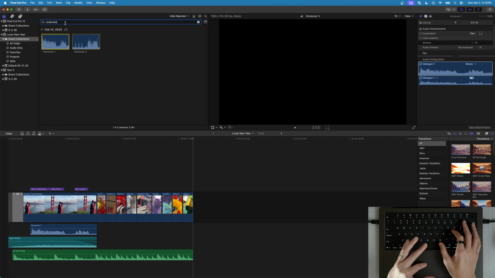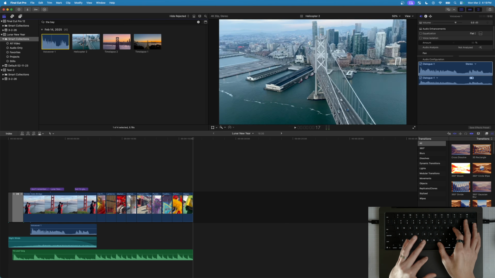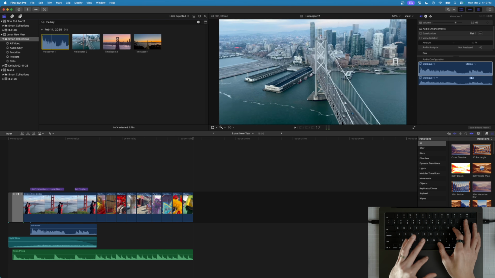Let's go for another word. Maybe the Bay. Found it as well, and it actually recognized that the Bay Bridge is a part of the Bay, which is amazing. So for me as a director and also up and coming screenwriter, I can foresee myself